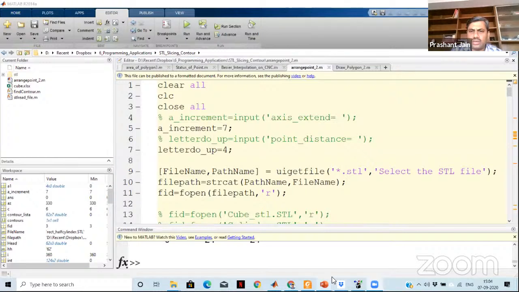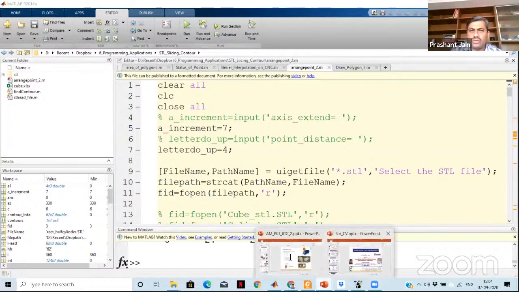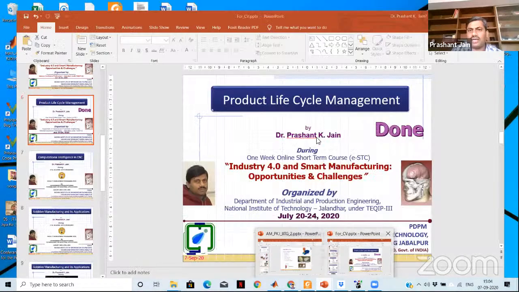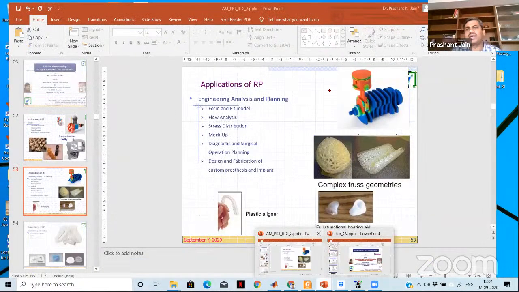And then let us go to this. Yeah. Look at this, some typical applications. Look at this part, how good it is. All of us might be working on ANSYS or COMSOL for this kind of stress analysis.